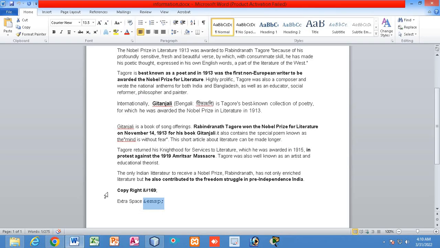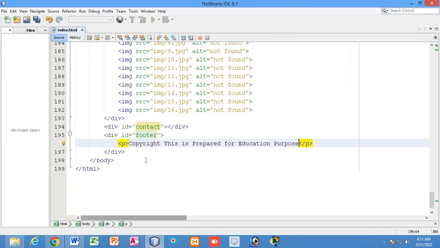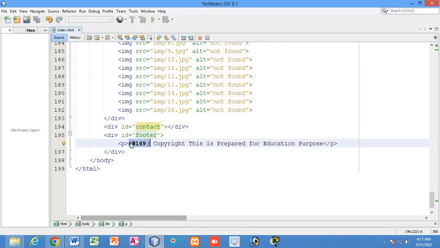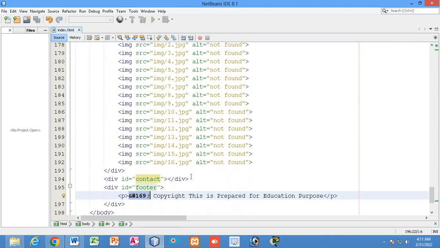So for the copyright symbol, this is the syntax that you need to add. Just note down this particular syntax to apply the copyright symbol in your web page. You can see over here the copyright symbol appeared. Now I will bring this paragraph right at the vertical and horizontal center inside the footer.